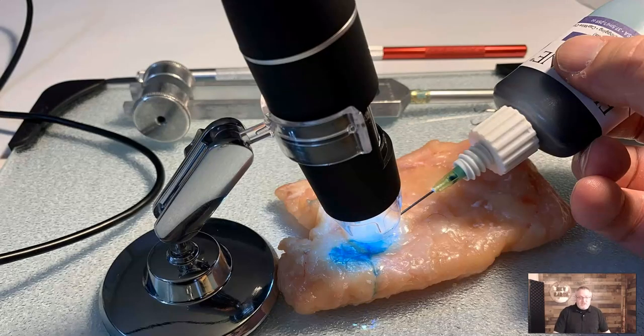So this is a picture of what it looked like during our studies. You can see that I'm injecting some blue dye. All that was for us is blue food coloring, and I was injecting it just to see how fluid can diffuse through these layers, how long it takes to diffuse through there. Because imagine that you have plasma coming out of your cardiovascular system, your arteries, the capillaries, or seeping through the walls. It takes a while for substances to diffuse through the layers, and this gave us a good idea of